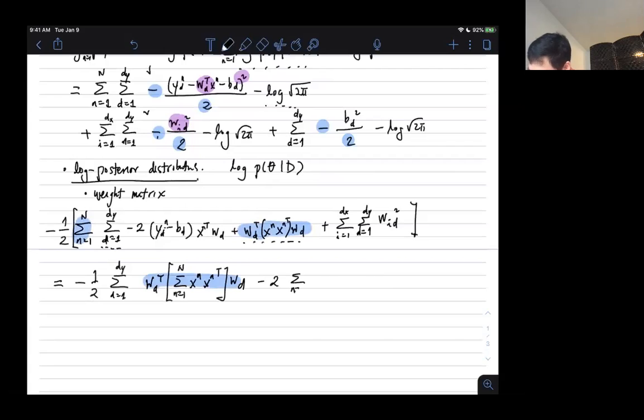So we're going to look at n, and then yd_n minus b_d, times x_n transpose, and then w_d. Make sense so far? So that one was, let's color it green. And then now what I need is the last term. Because I took this one out, what I'm going to have is plus